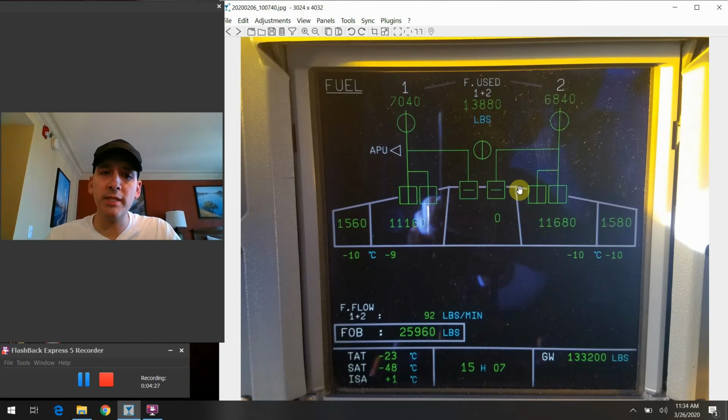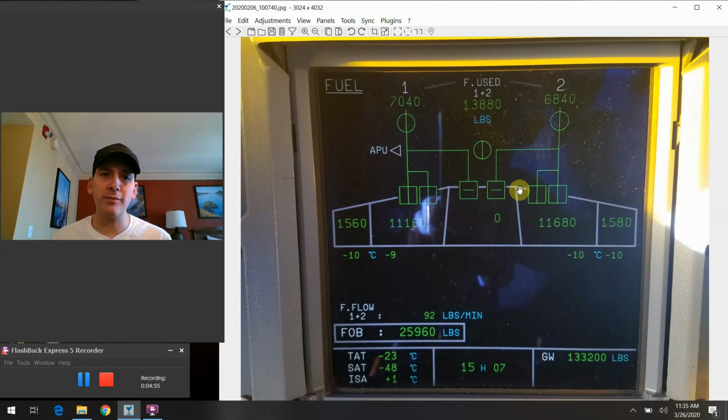It is possible to get fuel to transfer between the tanks only when the airplane's on the ground, and it's part of the refueling capabilities of the airplane. So it's something that can occur, like we said, when the fuel truck is hooked up and they're pumping gas into the airplane. This is part of the functionality that's built into the system. But for us as pilots, we don't actually have a means to physically take fuel out of one tank and put it into another. So the best we can do for ourselves is to